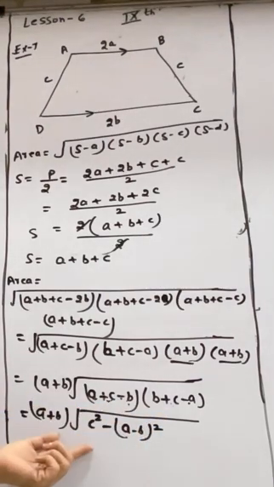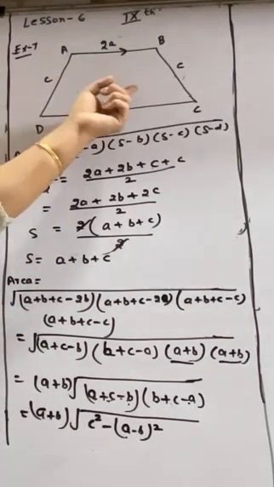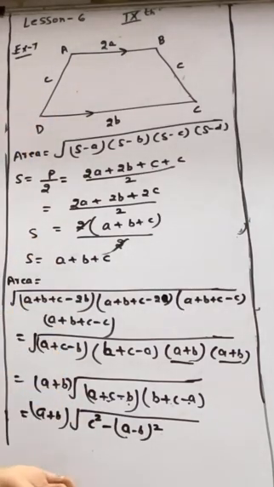So this is the formula for the isosceles trapezium. Okay, it is isosceles. Isosceles means the two non-parallel sides are equal. So that is our isosceles trapezium, and that is the formula of area for the